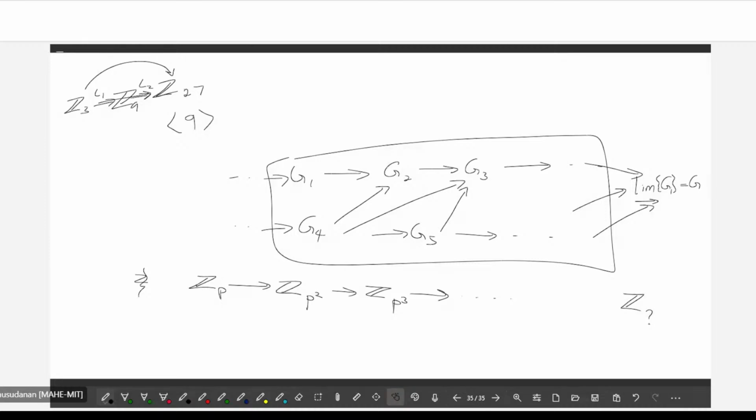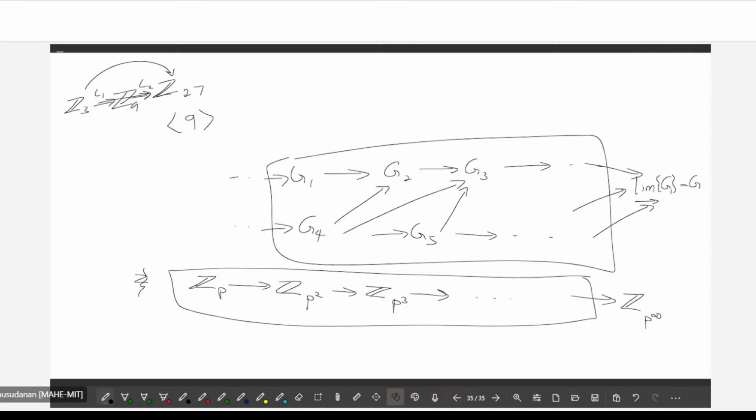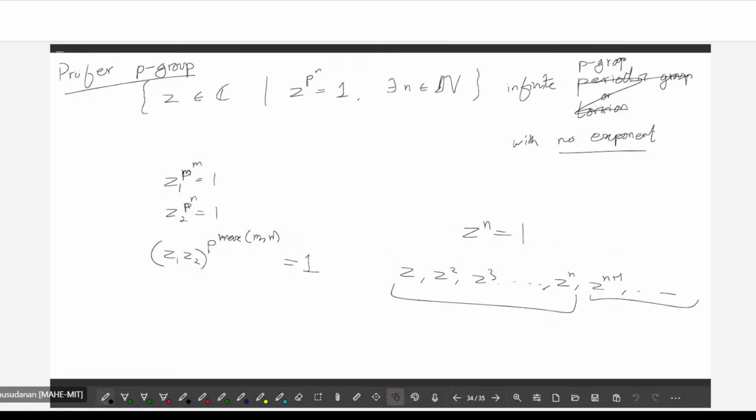That is exactly our Prüfer p-group, which we in fact write as Z_p^∞. It's like you're taking the infinite power of p, which doesn't actually make sense, but it is just the notation. This is not part of this chain, it is outside the chain, but all of these will embed into it. If you see that previous definition, it's the same thing, right? You can find any C_p^n as a subgroup of this, correct? If I write this as C_p^∞,